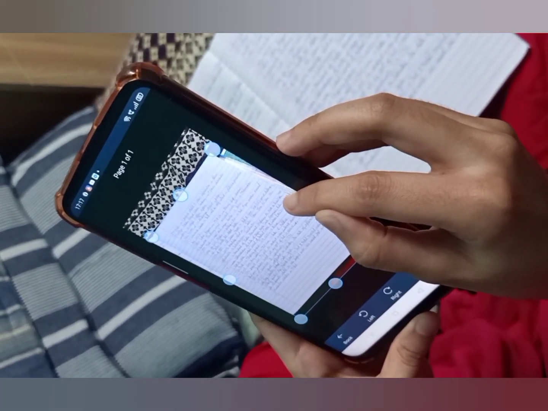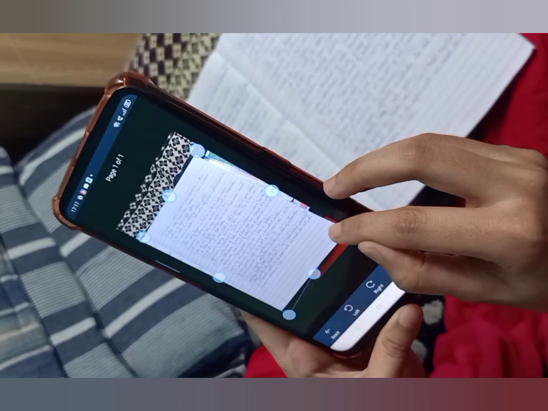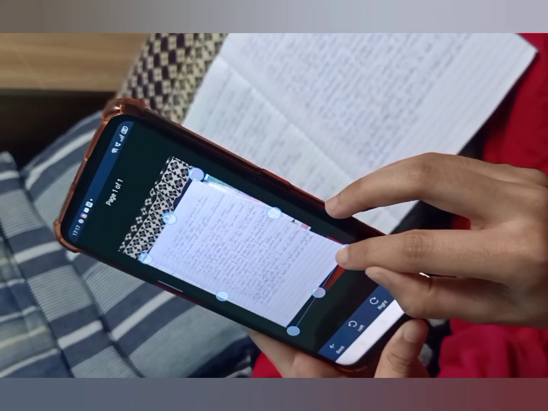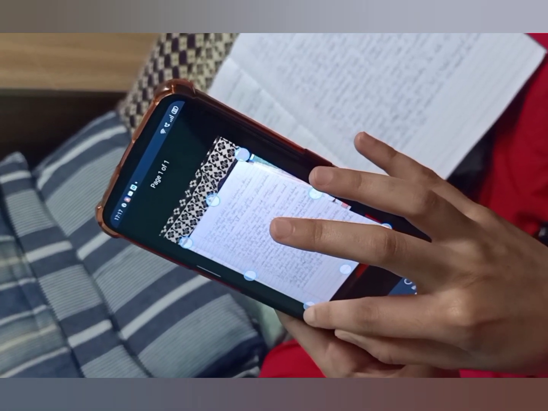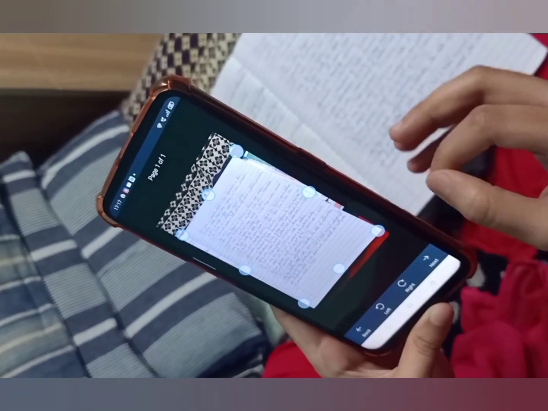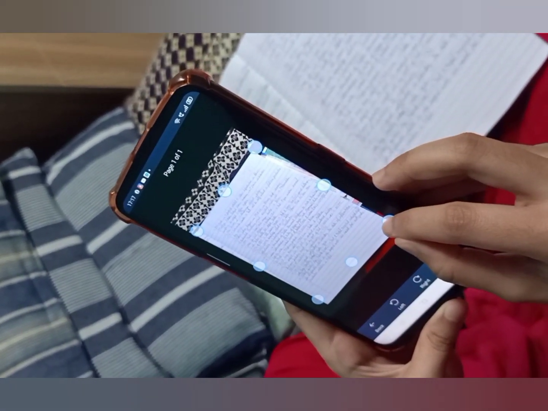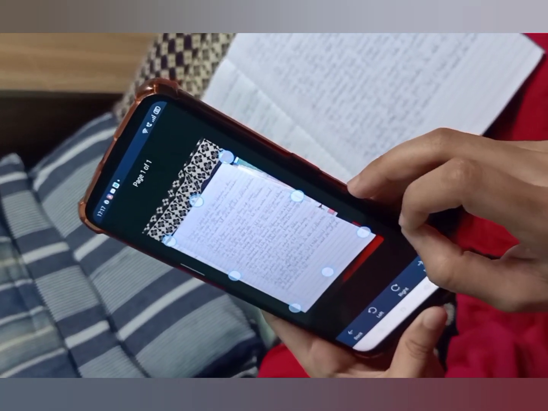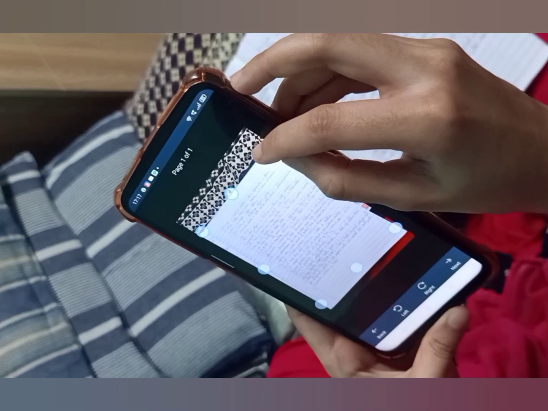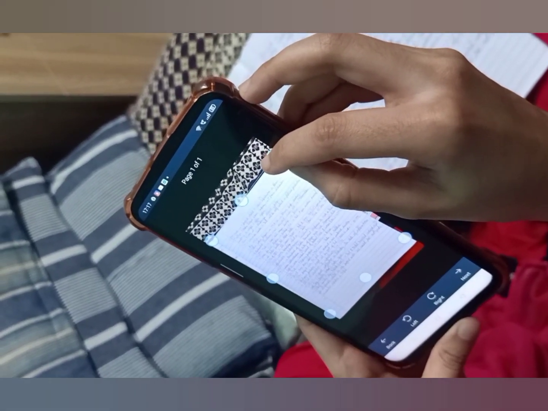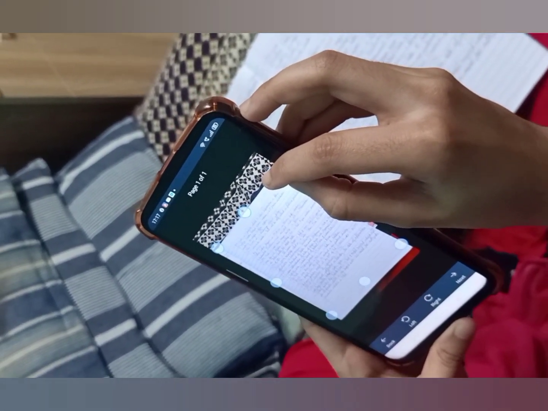You need to include the content, because the content is important. If any content goes missing, you may lose marks, because how can teachers correct the answer if the content is only half. So you need to properly adjust these dots according to the frame of your book.